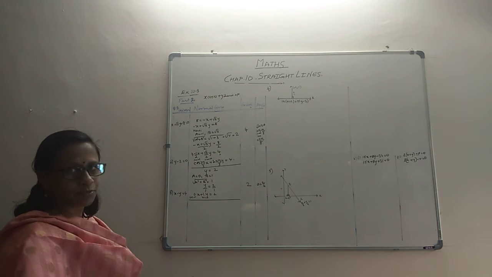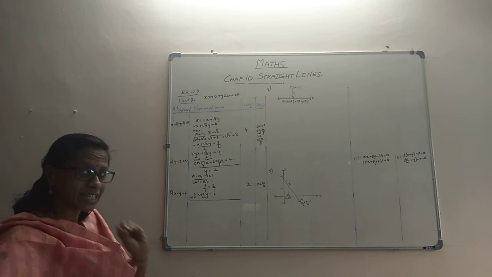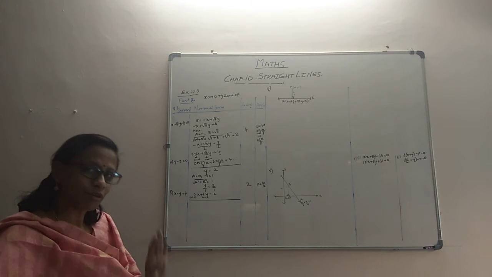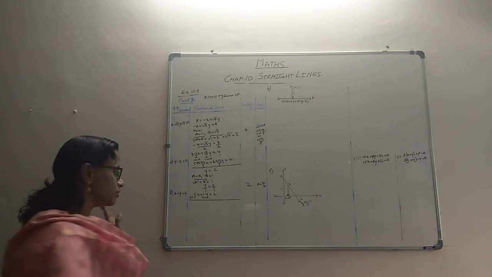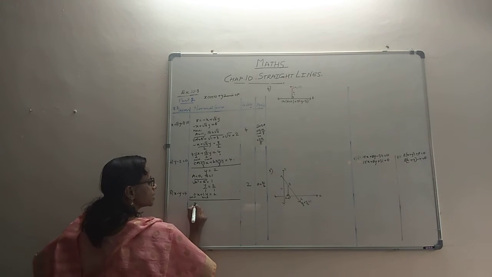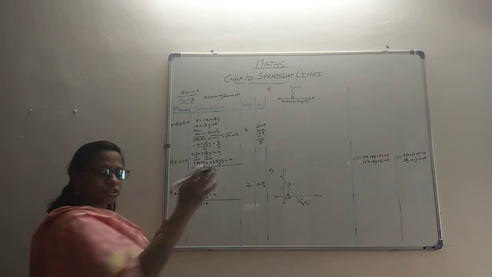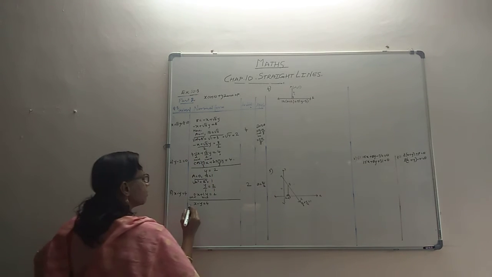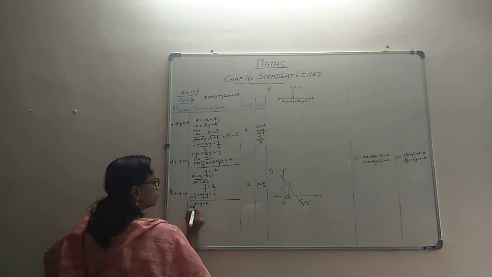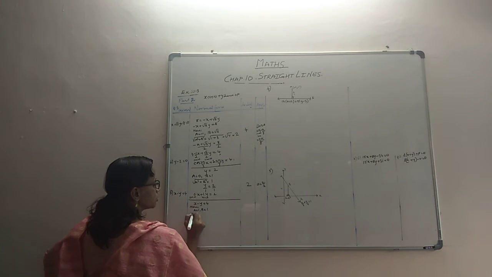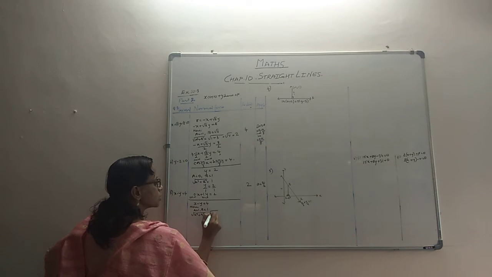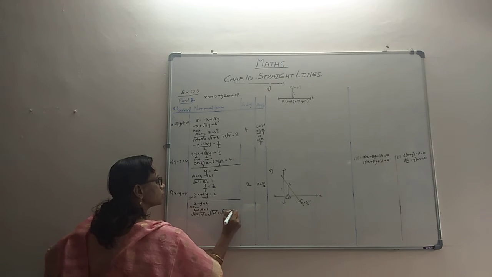Now we come to our next problem. One great relief is that the 4 is already on the other side, so one part of your work is done. So x minus y equal to 4. That much work is done, not like the other one where we have to shift. Now a and b. Here, our a is 1, b is 1. So root of a squared plus b squared is root of 1 squared plus 1 squared, it is 1 plus 1, which is root 2.